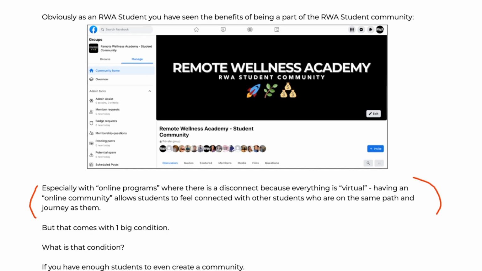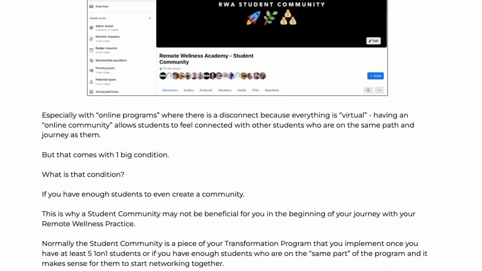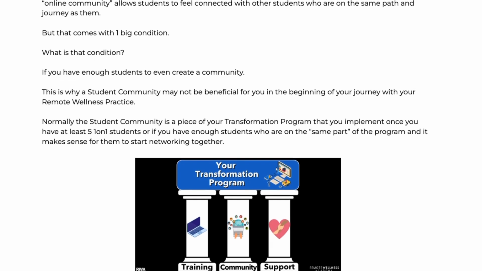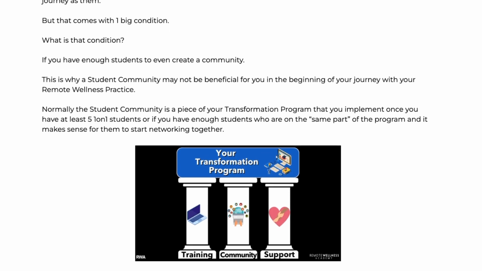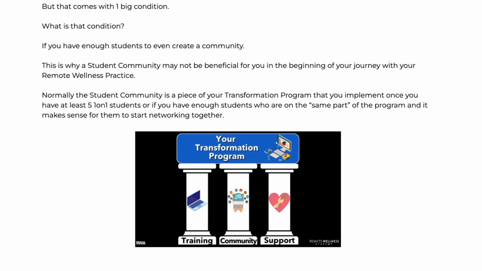But here's the thing. That entire process of having students connect with other students so that they have that camaraderie, that community, all of that comes with one big condition. What is that condition? That you actually have enough students to even be able to create a community. Almost by definition, a community means it has to have more than one person, right? And so what that means is that a student community may not be beneficial for you in the beginning of your journey,